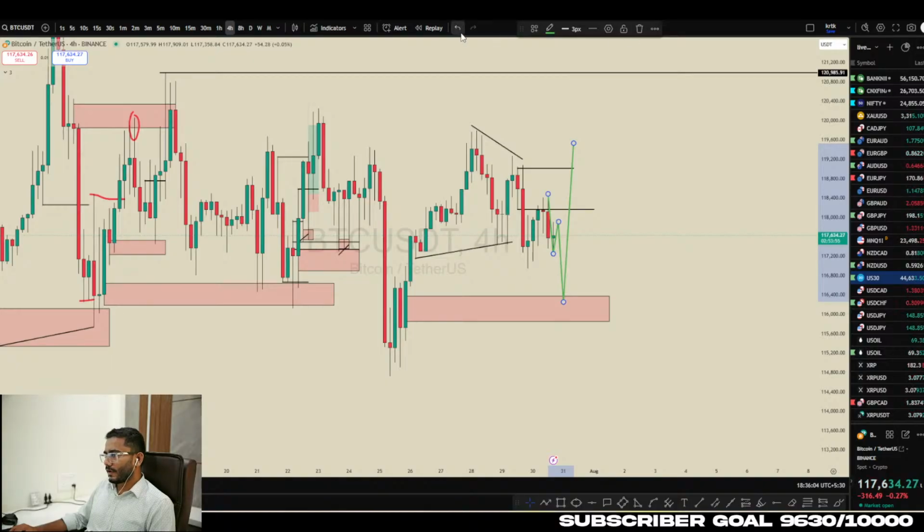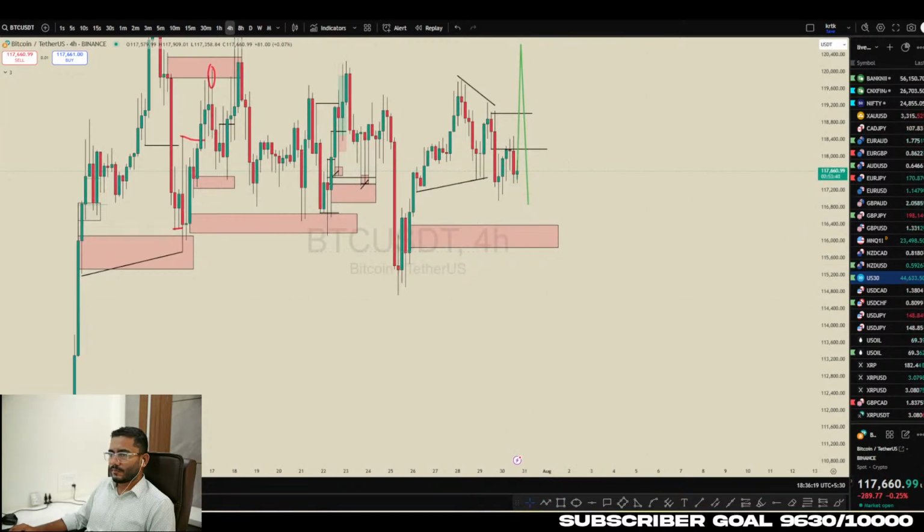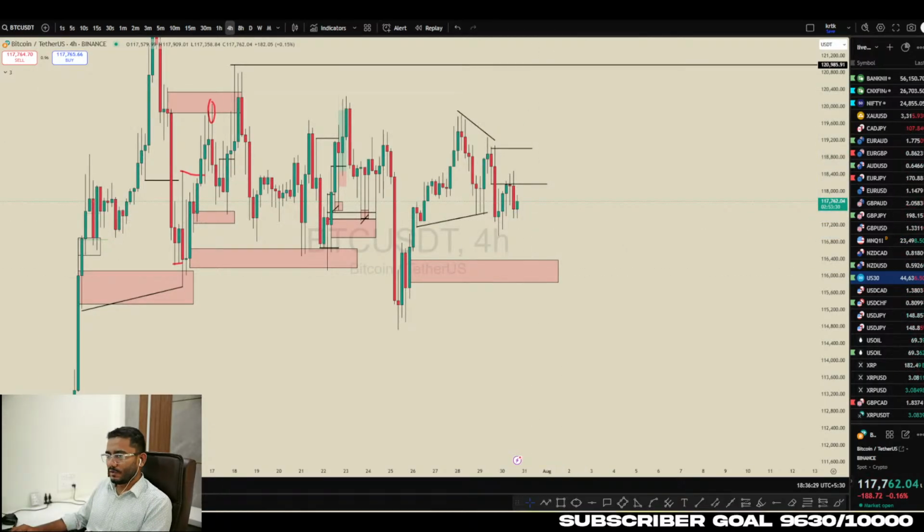Right now, there is no point in marking any order blocks because once news comes, it will sweep all this liquidity, and then we will look for another new structure. For example, if price goes above and sweeps all liquidity and then closes below this area, for this week we will have another direction, the downside direction, where we look for sell side trades. And if price sweeps buy side liquidity in news, then we look for buy side trades. So right now, marking any order block area or structure is of no use.